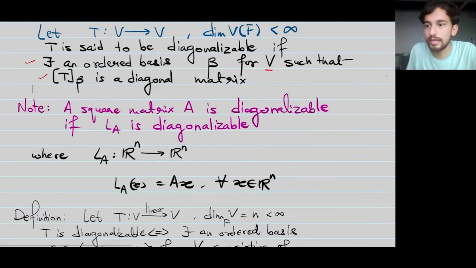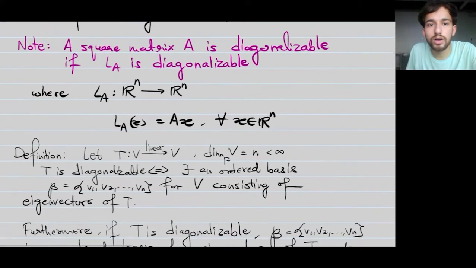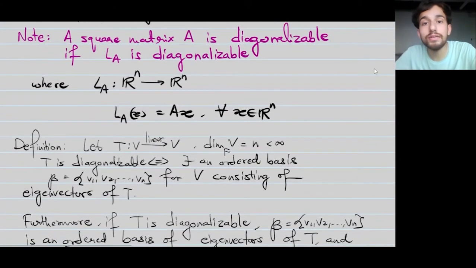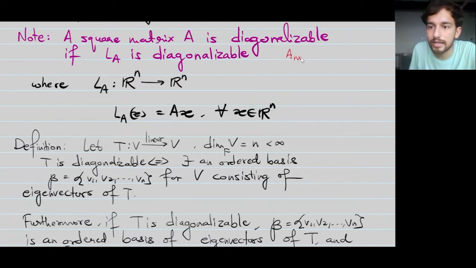Similarly, you can define the analog of diagonalizability for a matrix, because a matrix is nothing but a linear transformation. It's pretty simple. Let's discuss what I mean by that. Suppose I have a matrix A of size n by n. I can view this matrix as a linear transformation from Rn to Rn, or precisely a linear operator,